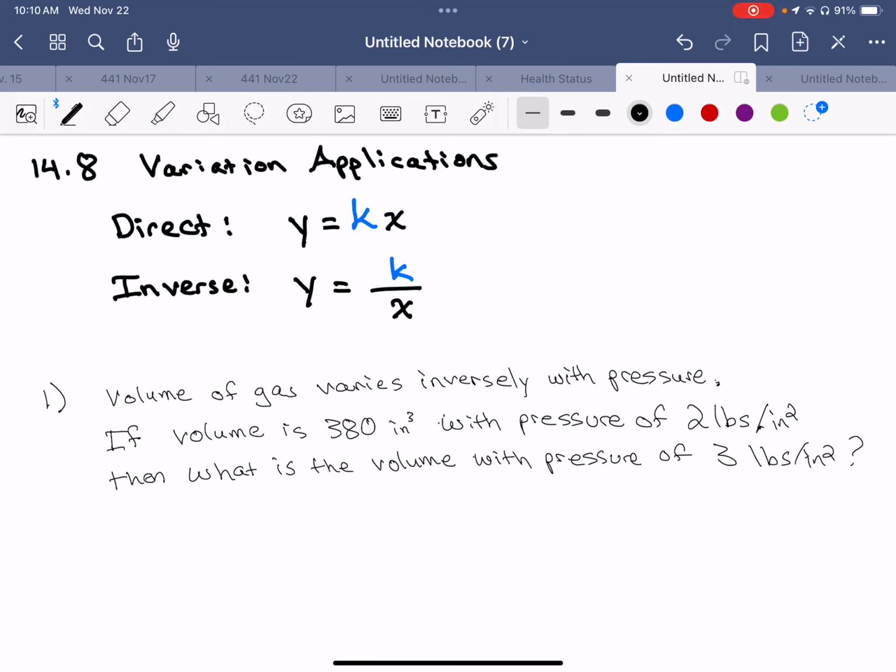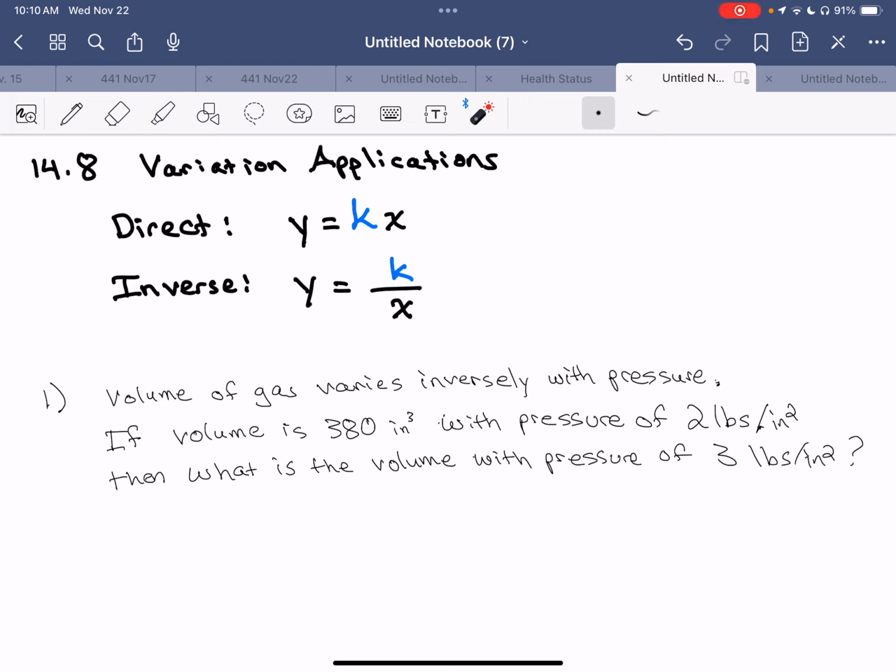Section 14.8 is a nice break from some of the more complicated problems that we've been solving. These are variation applications. There are two types of questions, and they're very similar. One is a direct variation, where y and x both increase at the same time. And so this is something like